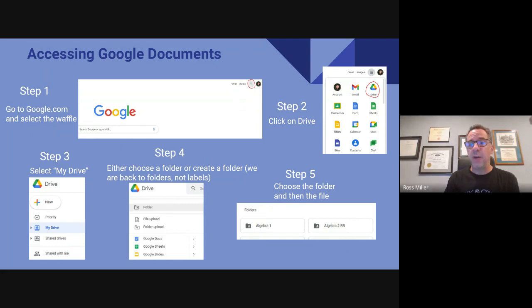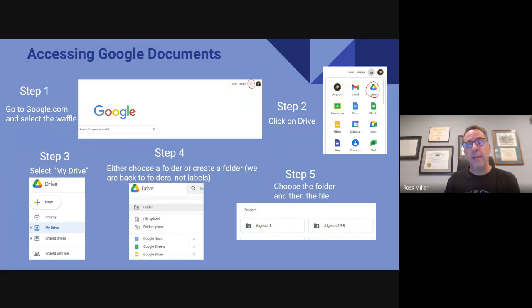So one of the things that we use here at Trekka, and again, it will vary by teacher, I know in my American history class and psychology, we use Google Documents a lot. So this is just a short step-by-step on how to educate yourself on accessing Google Documents. Step 1 is, of course, you want to go to google.com. Up in the top right, there'll be a couple words. Usually it says Gmail, images, and then there's a waffle. And then really important,